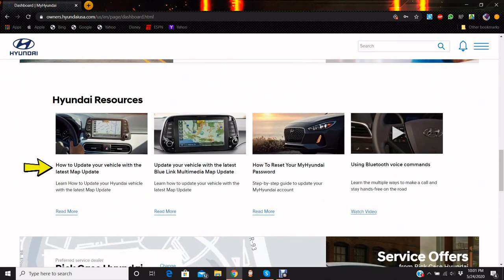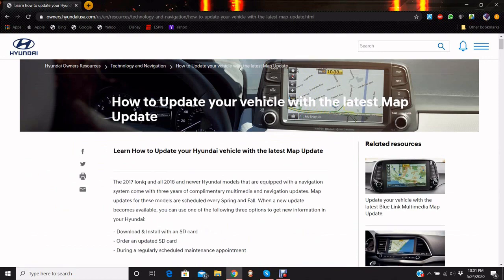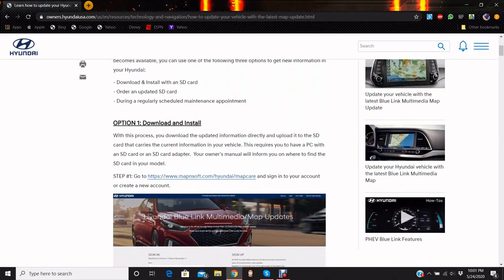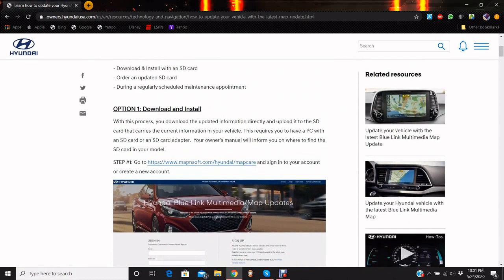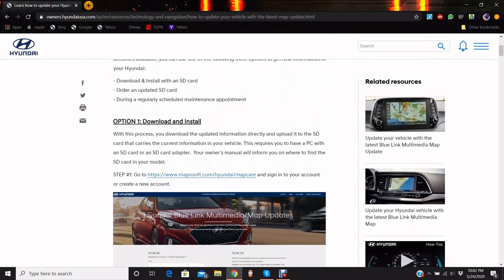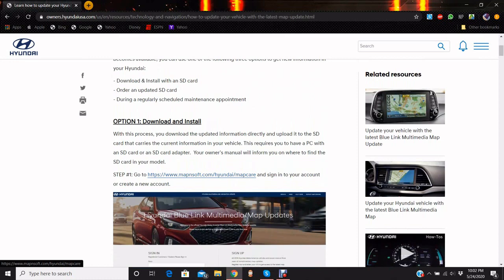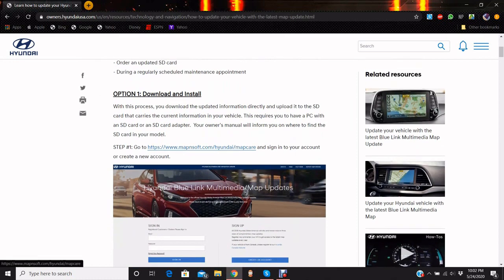Then you're gonna scroll down to Hyundai Resources. You're gonna click to how to update your vehicle. Then you're gonna go down. This is all the options you can have, but this is not updated. This is the old version on how to do it. So you're gonna get to this page right here. Click the